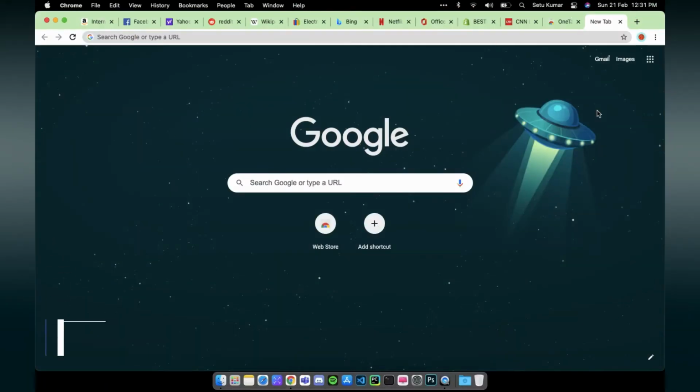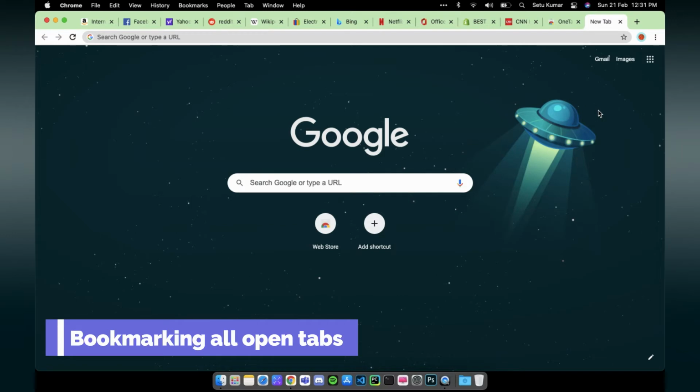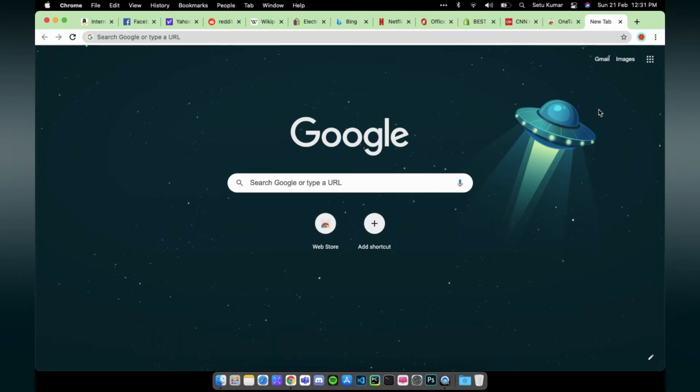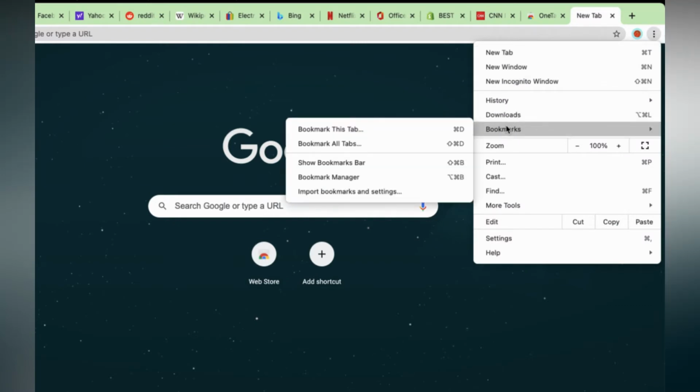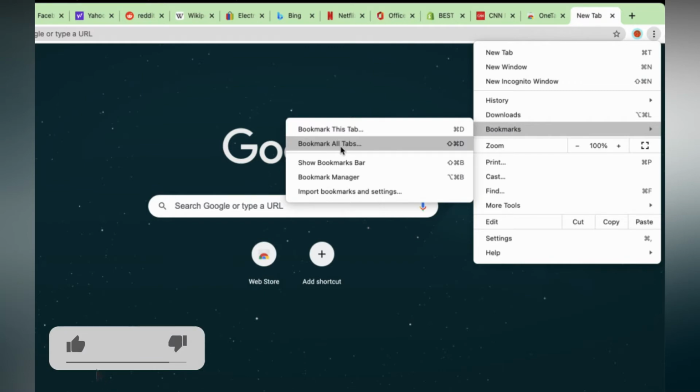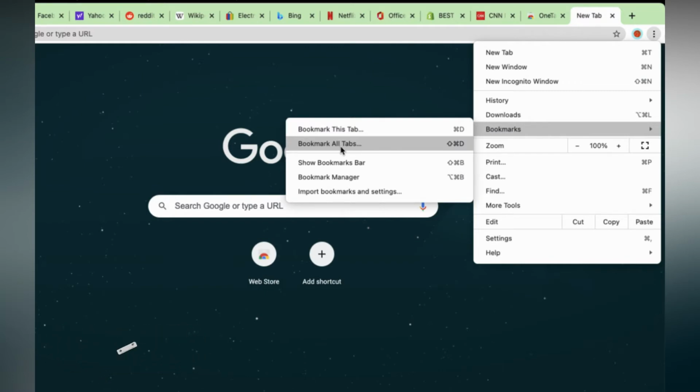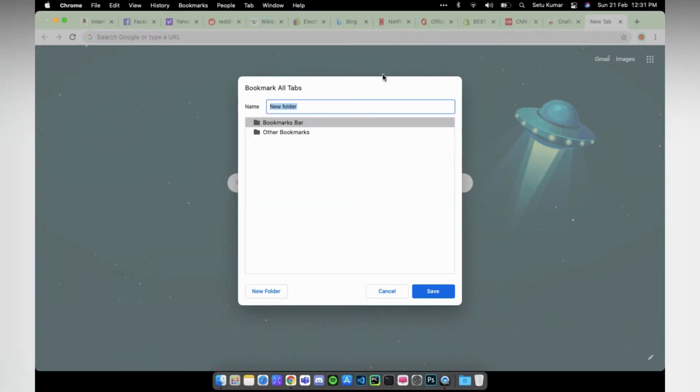The first method I'll be showing is bookmarking all open tabs. To do that, go to the three dots option here, click that and hover over the bookmarks option. You can see an option named bookmark all tabs. Click that, or you can use a shortcut to do it if you use it frequently, which is Shift Command D. Now click on that and it will ask you to make a folder.